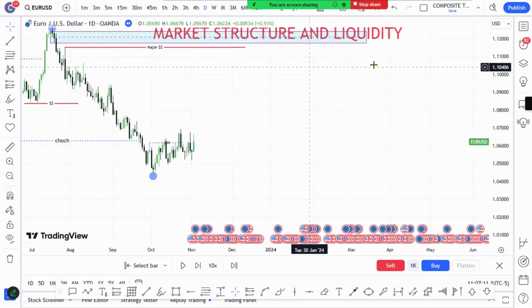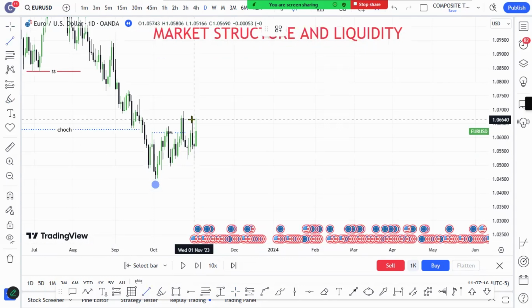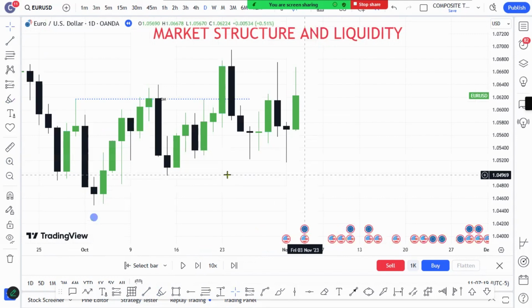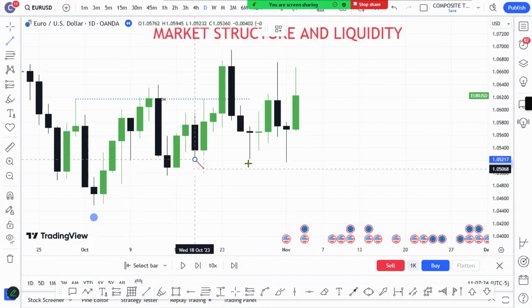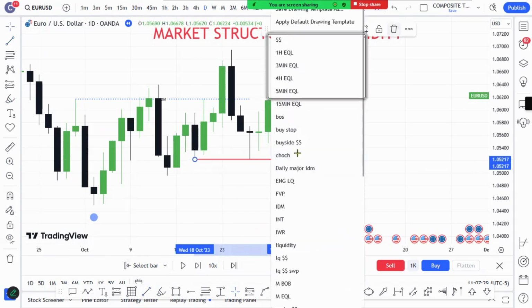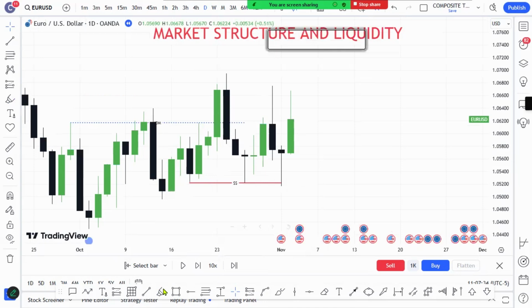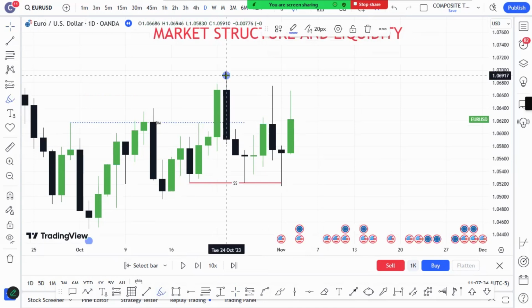Okay, price is playing around, like it wants to go higher. So if the price wants to go very high to the upside, it needs to take out what we call the internal liquidity. If I zoom in here, the most recent pullback is this one. Once we take out that level, like this, let's just use this one, then this tells you that the market wants to go to the extreme. So this is our level.